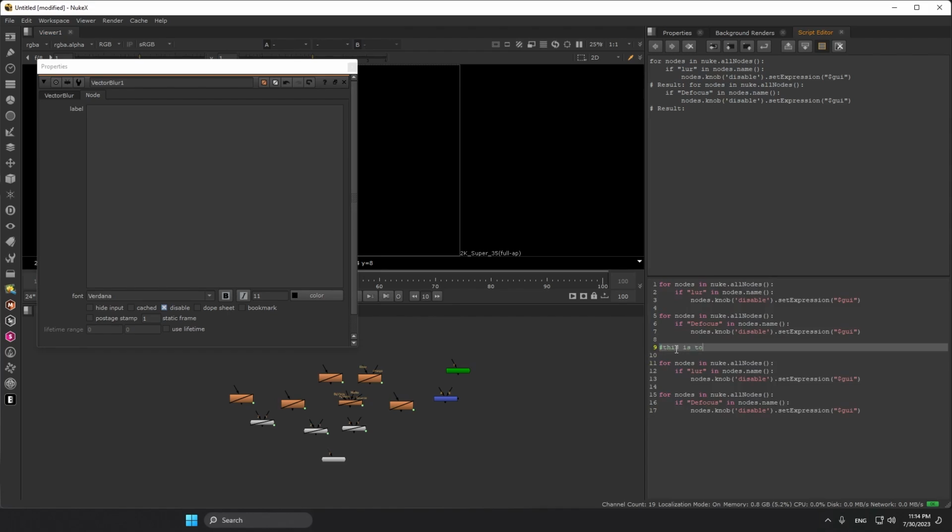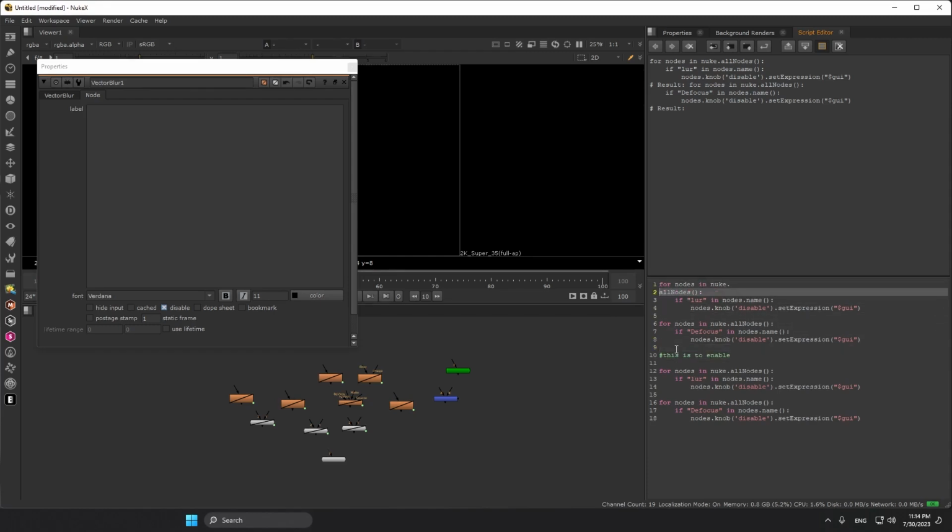This is to enable. I'm putting one more comment here. This is to GUI disable. Okay, so the top part is to disable, the bottom part is for enable,